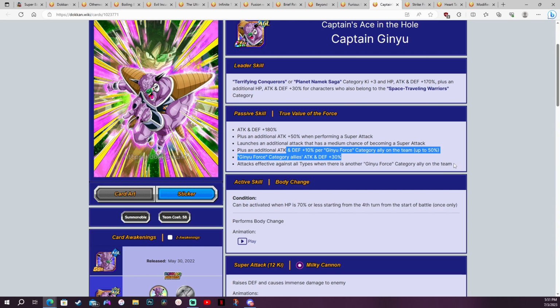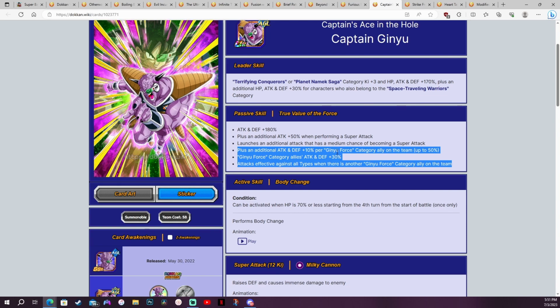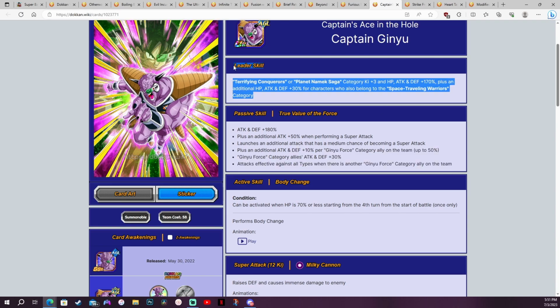So, yeah, honestly, looking at this now, because he gets most of his kit depending on other Ginyu Force stuff, it's probably not going to be worthwhile using him unless you choose to use him as your leader, right? Because there are a lot of Terrifying Conquerors on this category, so you technically could use him as your leader, and then if you use him as your friend lead as well, then that's going to help you out a